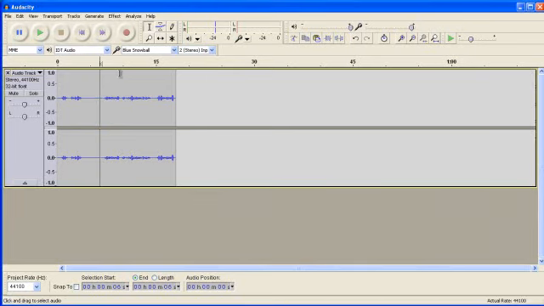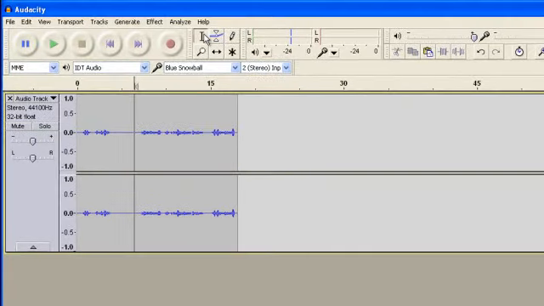All right, let's take a closer look at the selector tool. This is again found along the top there, and you can see I've got my mouse hovering over the button that kind of looks like a cursor, but it's called the selection tool. By selecting this, what this allows us to do is select a piece of audio along an audio track,